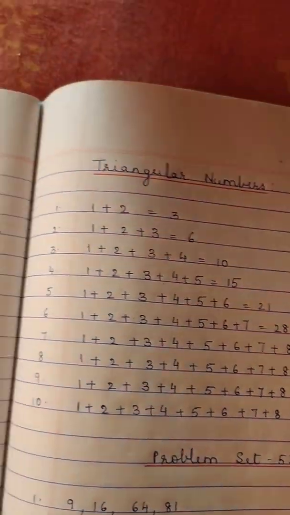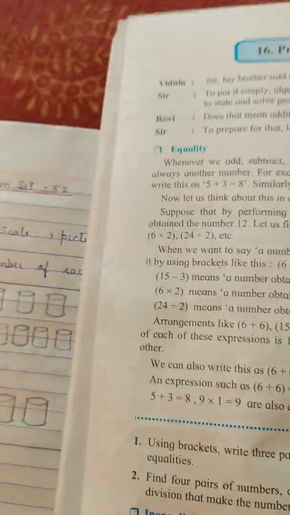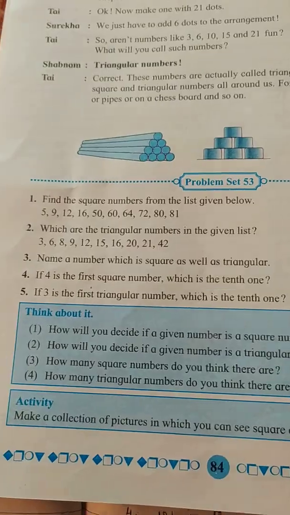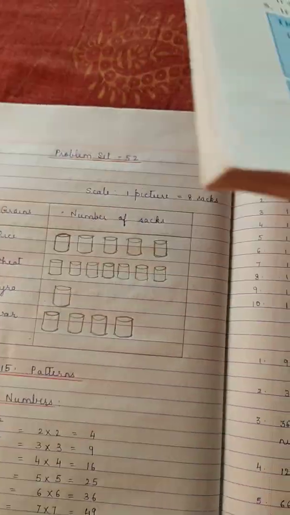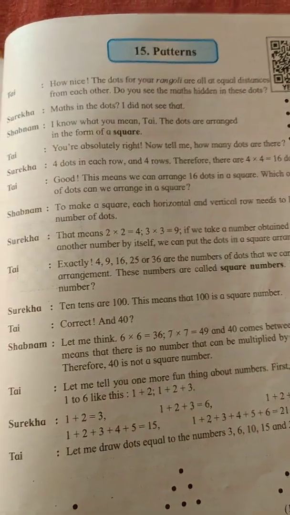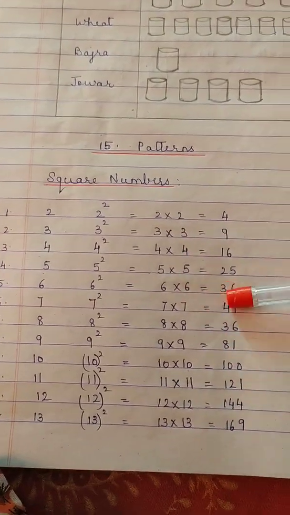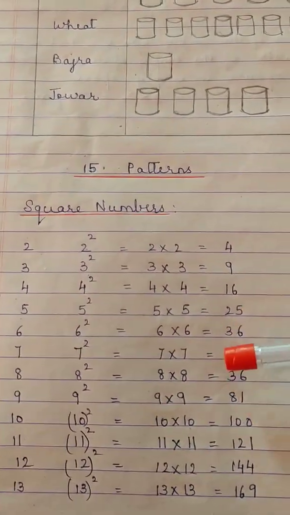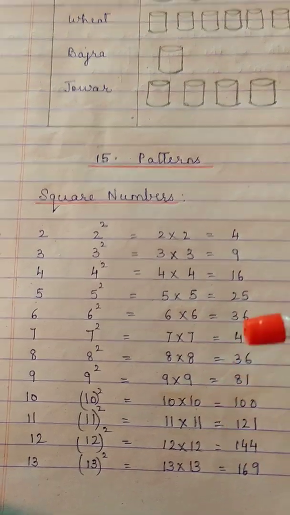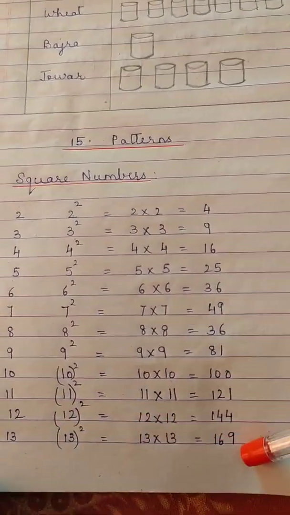Okay, so that is about the exercise 53. Now I think that's the only exercise that is there in this chapter. So what you will do is, children, after you finish the lesson pictograph, you will write chapter number 15, patterns. Okay, and then you're going to write exactly what is there, what I have shown here. I'm going to send you images of this that I have done. So you will first write square numbers up to 13.